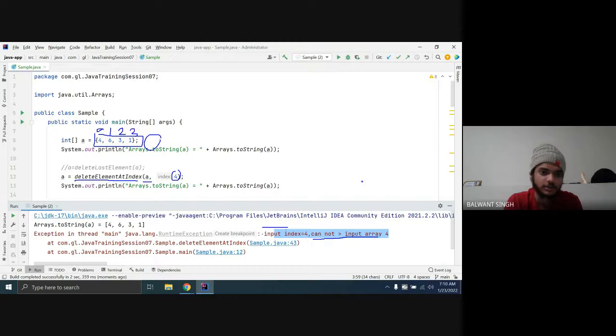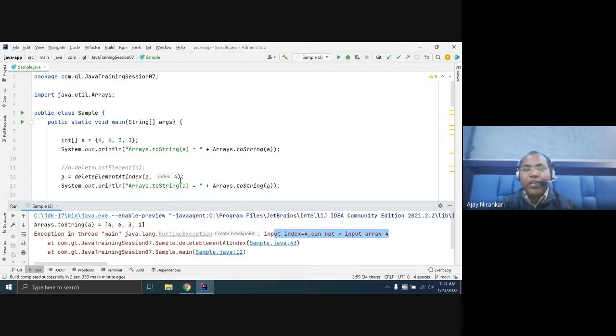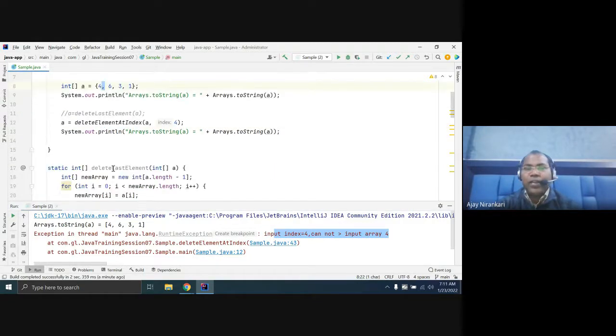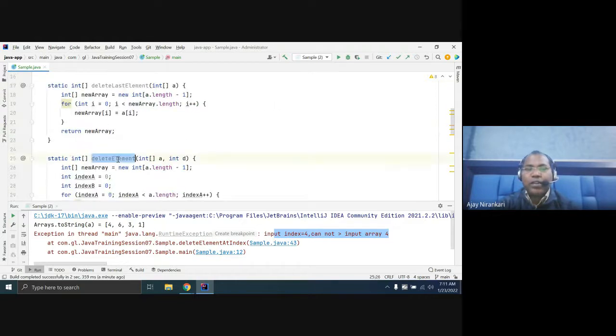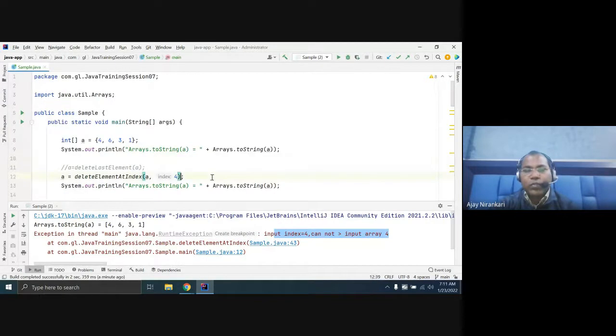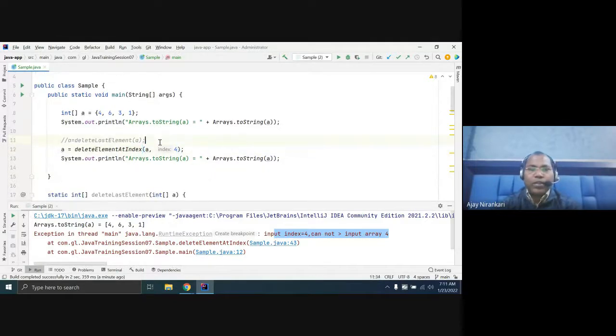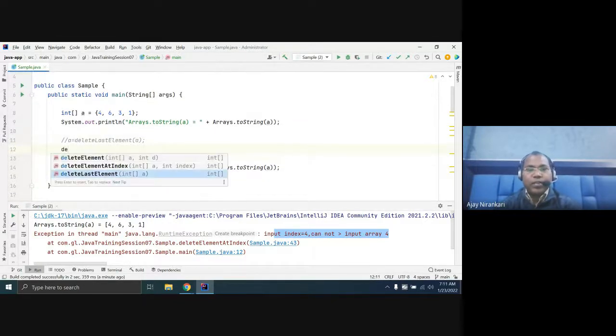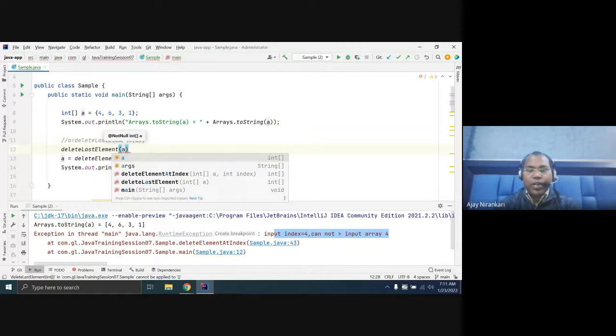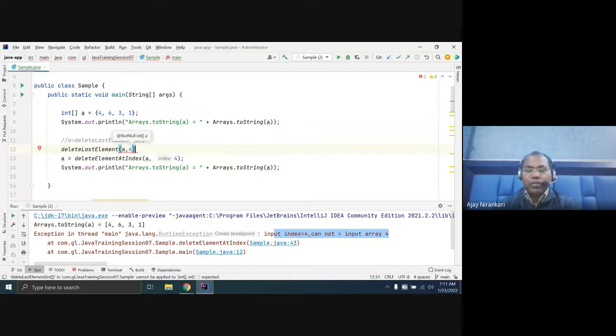I thought that is the position 4. No, no. Oh, got it. So we have created different methods. If you want to remove the data part, that is a different method, the delete element where you are comparing data. When you want to pass an index, we have created two different methods. Delete element where you pass a comma 4, it will work.